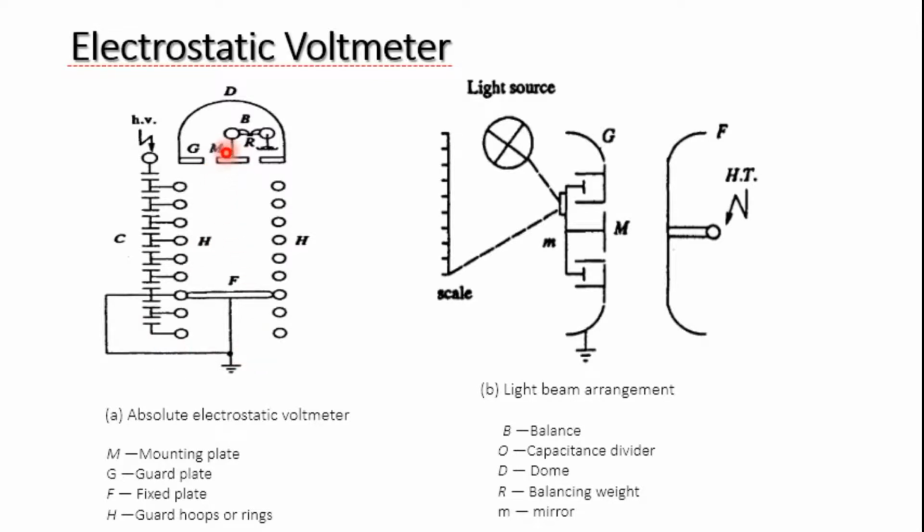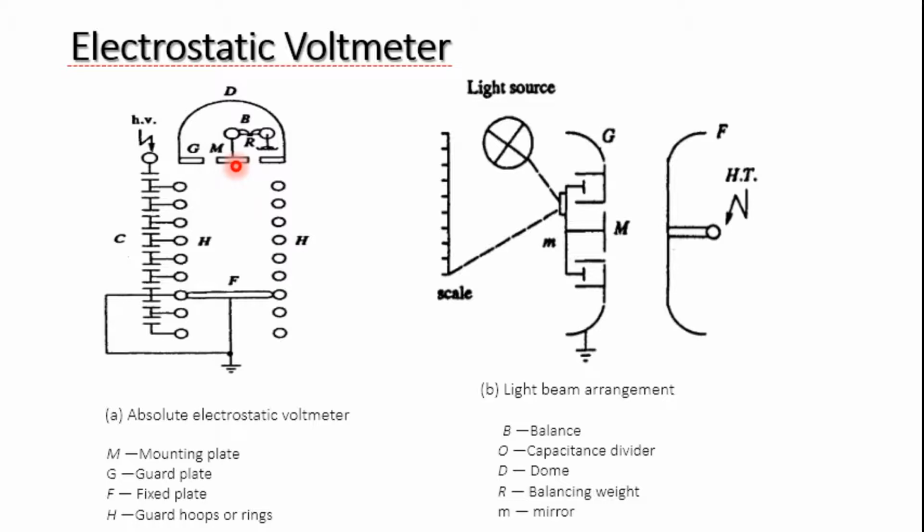The moving electrode is surrounded by a fixed guard ring to make the field uniform in the central region. So in order to measure the voltage with precision, the disk diameter has to be increased and the gap distance is to be made less.